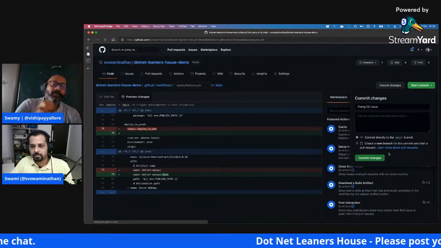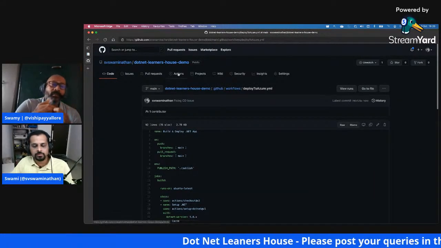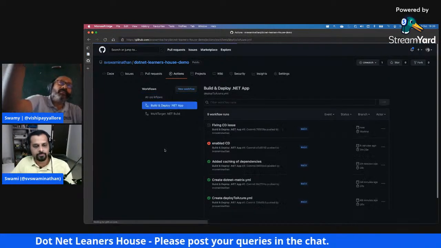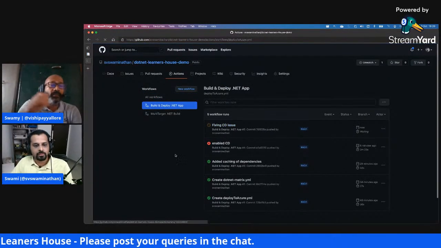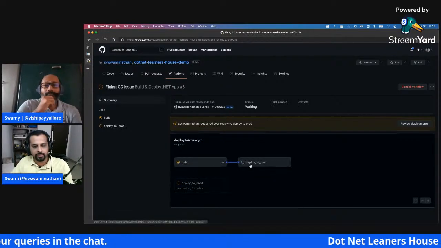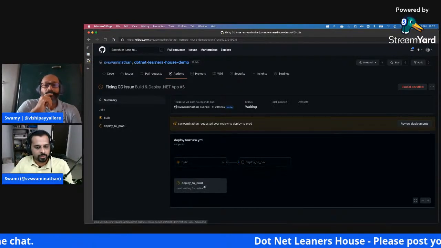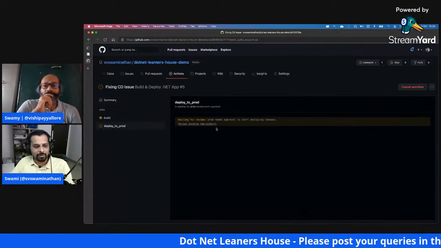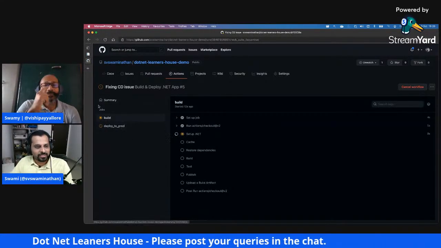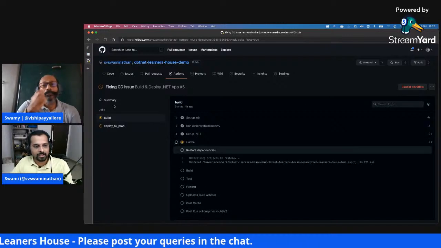Right. Okay, I'll commit this. When you mark something as needs, that means it's a prerequisite. Correct. The previous step should be a success for it to go and pick up the artifacts. Correct. See, now you can see in the visualization itself, build and then the deploy to dev. I should have waited for the build basically, but yeah, I removed that as well. Anyways, as you can see in the visualization here, right?